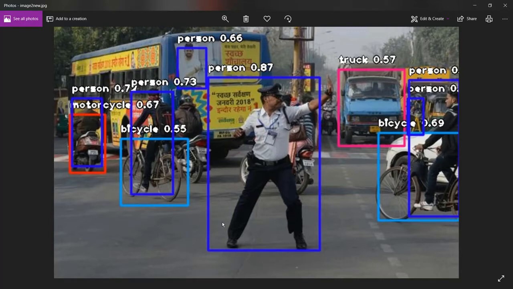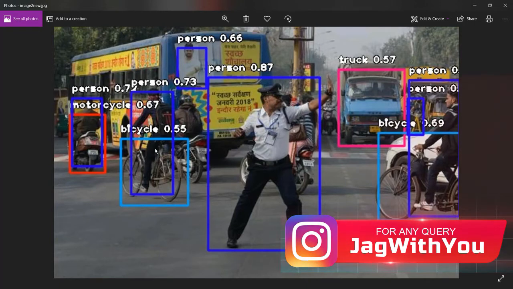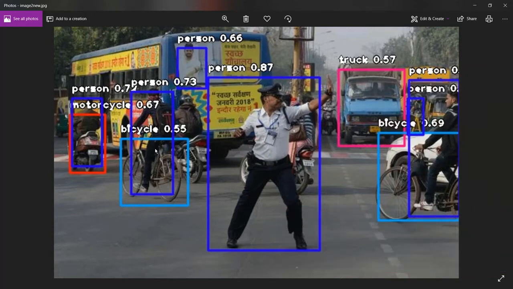So now the point is, if you want to extract every feature, this is a person, you want to extract this image and save it. This is a truck, you want to extract this image and save it. This is a bicycle, you want to extract it and save it in a folder. You want every feature from an image to be saved separately. I think you get it, right?